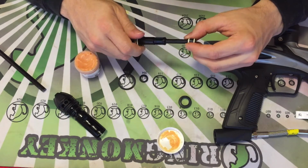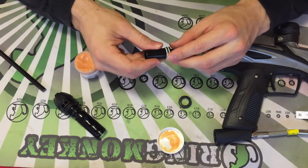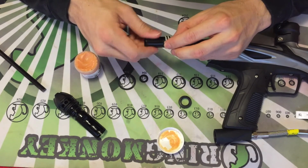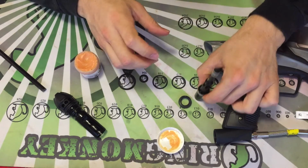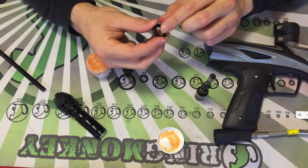And monkey poo smells so good, if you like bananas. If you don't like bananas, don't get this lube. Now the extra lube, I just hit both those O-rings at the same time and kind of run it down the back. And as with all inner O-rings, I always do the inner one